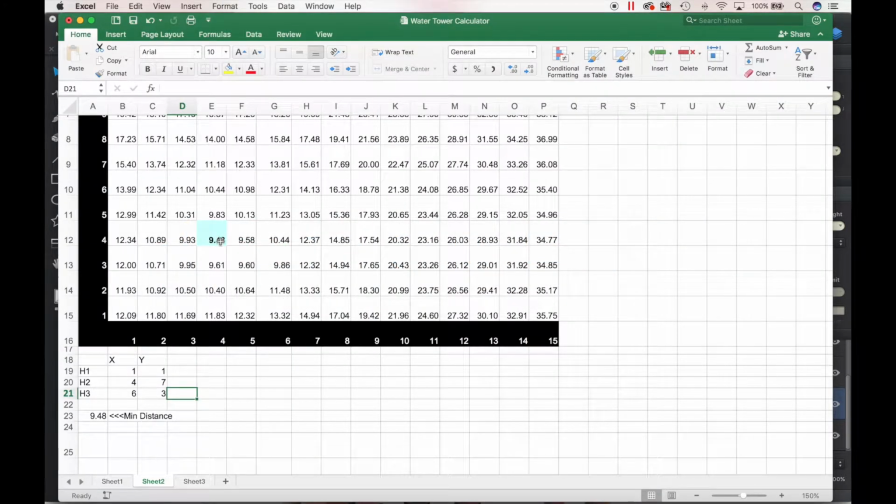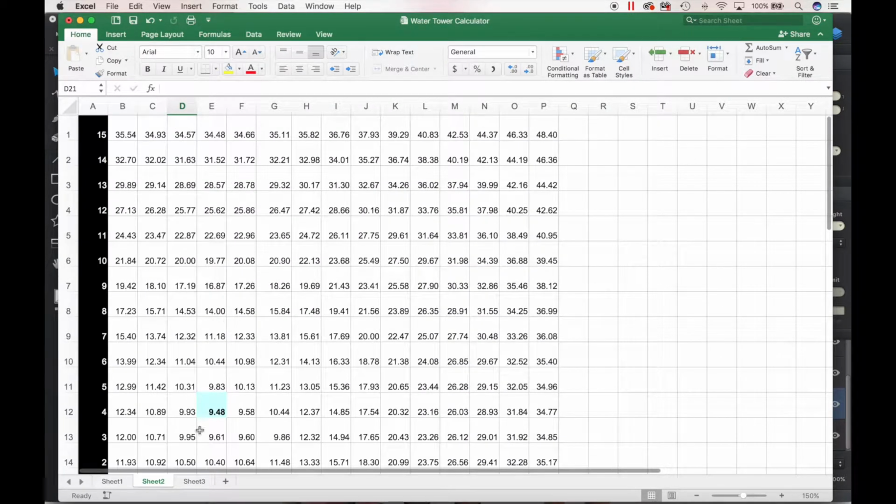Now what I did was, you'll notice all these other numbers. I said, okay, what if the water tower was over here? What would be that total distance, D1, D2, and D3? Well, that'd be 12.9. What if I put the water tower over here, or here, or here? So these numbers represent the total distance, D1 plus D2 plus D3, based on the water tower going here at x-axis 1, y-axis 3, or over here, x-axis 9, y-axis 3, and so forth and so on. And if you'll notice, this value right here, 9.48, it should be the minimal value compared to any of